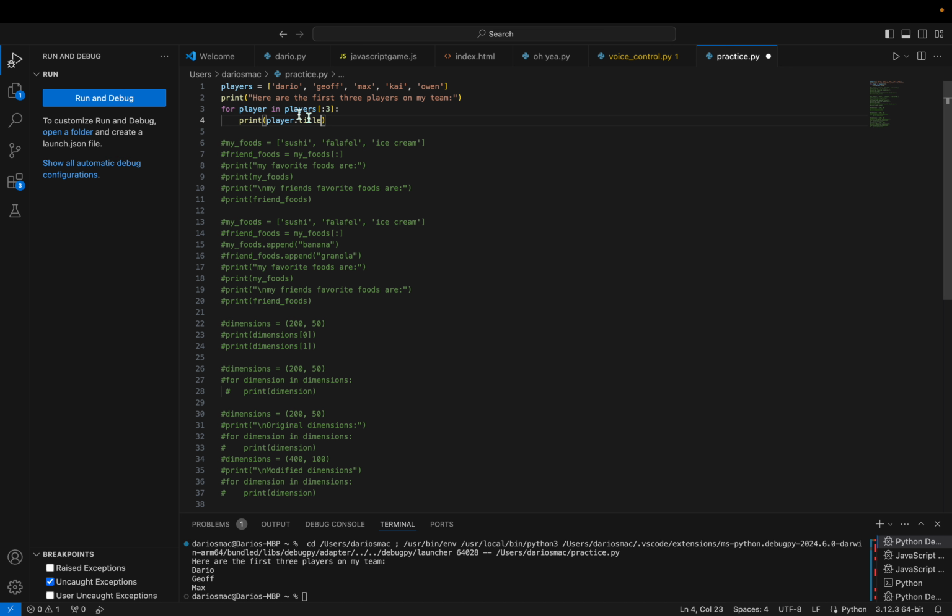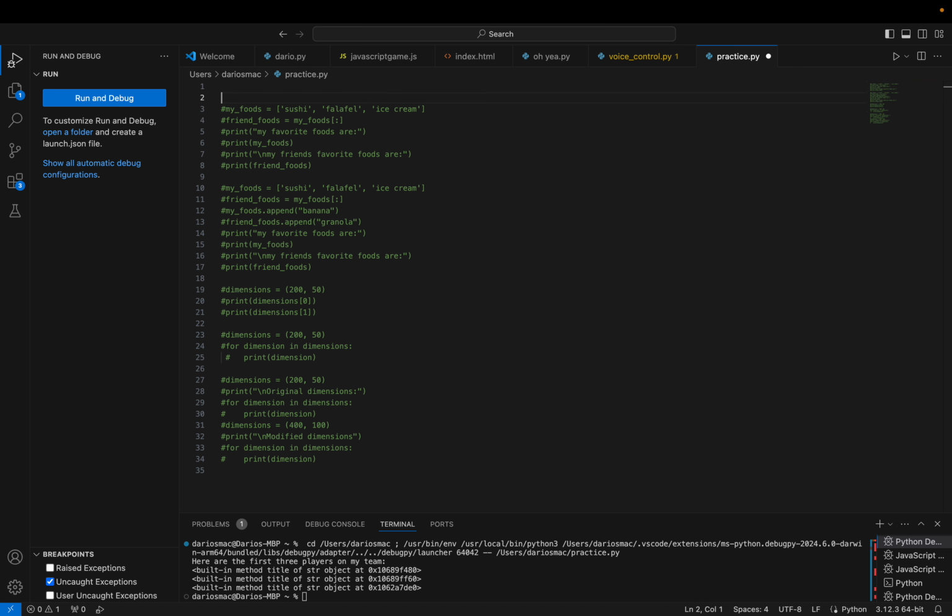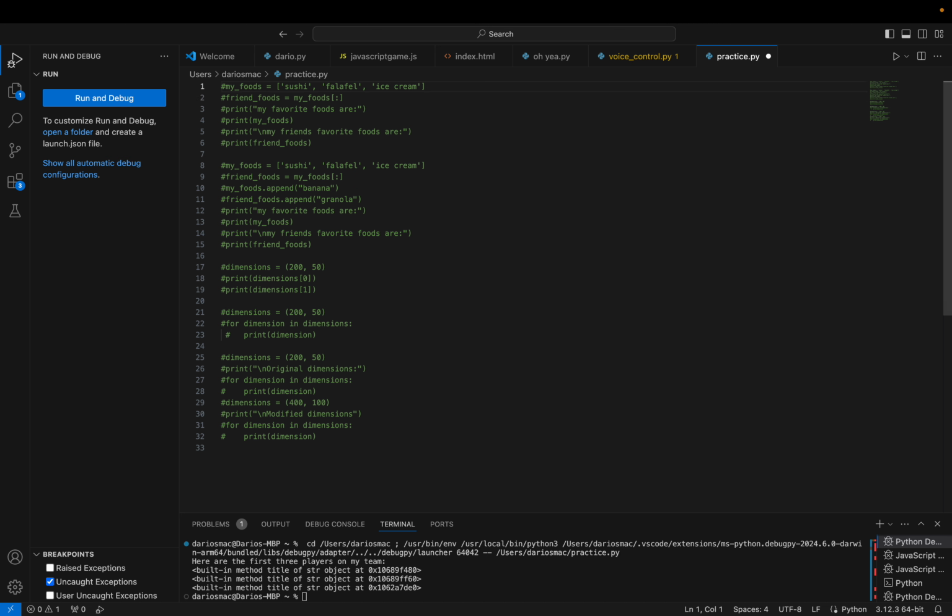You want proof? Let me prove it right now. Look at that. Doesn't work. Here are the first 3 players of my teams. It just doesn't work. So just remember, put those parentheses after. Whew. All right, now